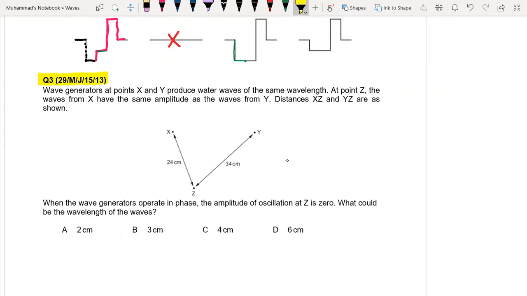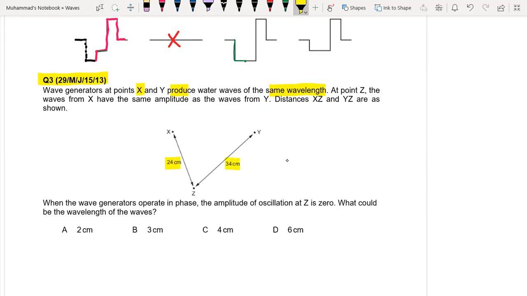Wave generators at points X and Y produce water waves of the same wavelength. The wavelength of both waves is the same. At point Z, the waves from X have the same amplitude as the waves from Y. Distances XY and XZ are shown. Distance XZ is 24 centimeters,